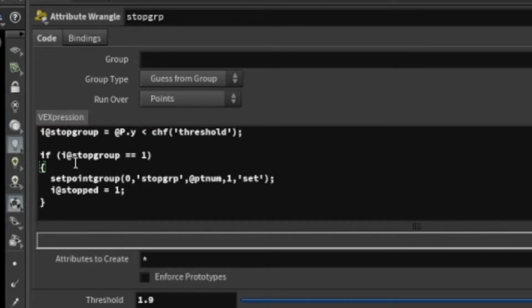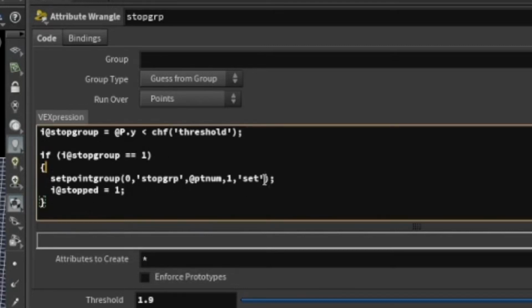So if i@stop_group, which is the integer we just made, is equal to 1, then brackets, setpointgroup, which is an expression you can read about in the Houdini documentation. It's really good. But yeah, 0 means the first geometry input, because it's 0, 1, 2, 3, 4, because it's coding. Stop group is the name of the group that I want to create. Then @ptnum just means I want those points. You can set specific point numbers in here, but if you just write @ptnum, it just takes all the